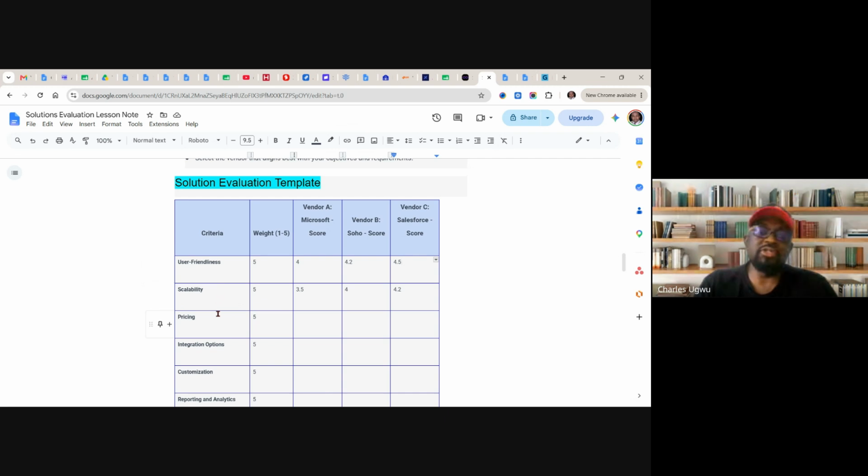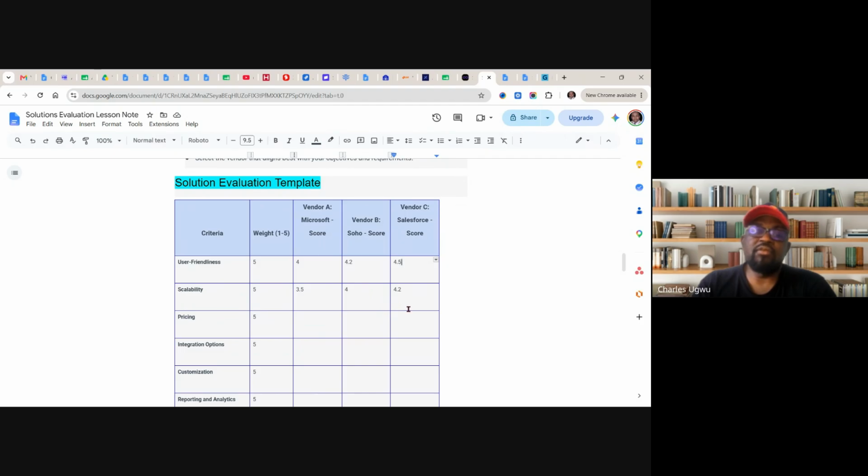Like you see here, we gather so many criteria for this evaluation. You see scalability, ability to scale. Then you see Microsoft, we give Microsoft 3.5. And we give Zoho 4/5. And then we give Salesforce